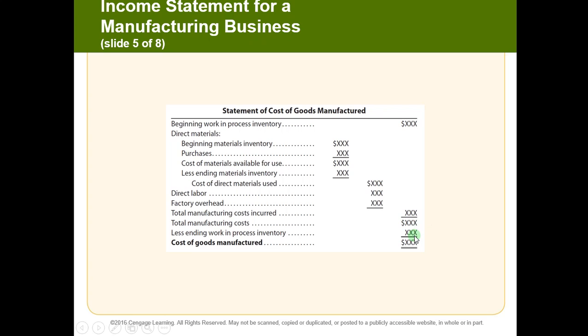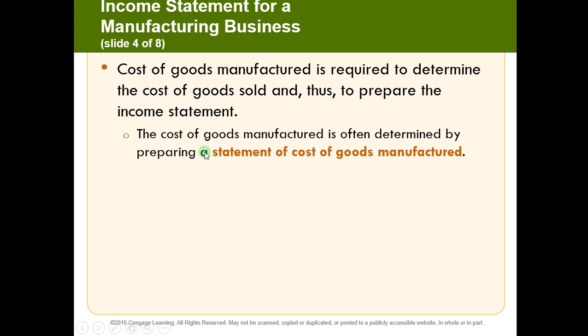At the end of the year, I'm going to review my work in process and see what's left. What do I still have left in process? What's not still sitting in work in process has been finished. Those goods have been manufactured, they are done and complete, and all of the costs associated with them stick with them. And that number, that cost of goods manufactured, let's go back here,